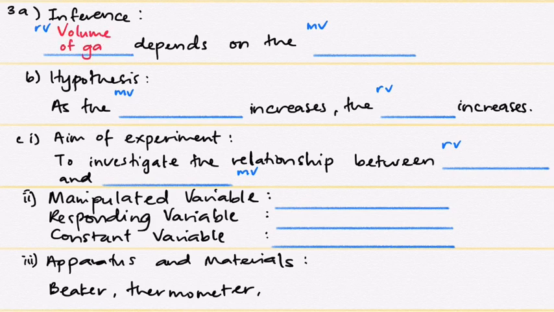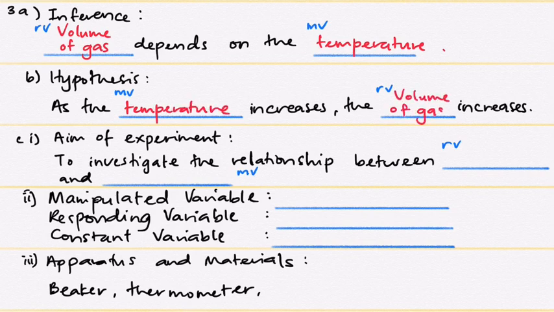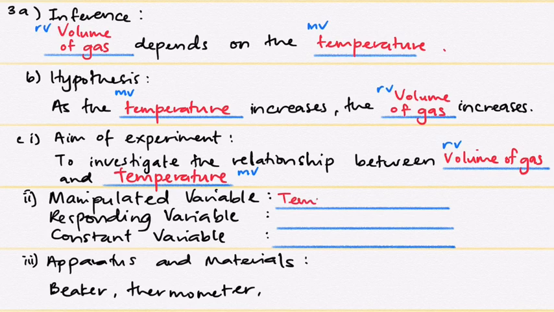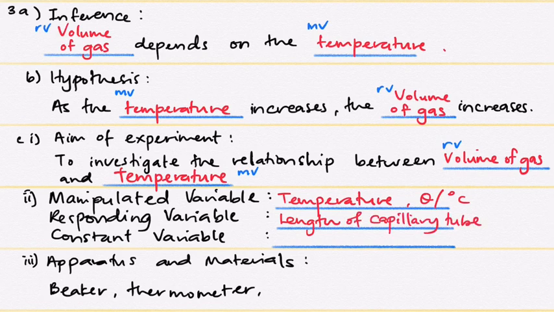The inference, volume of gas depends on the temperature. Hypothesis, as the temperature increases, the volume of gas increases. The aim of the experiment, to investigate the relationship between volume of gas and temperature. For manipulated variable, temperature. You can write down their symbol and their unit respectively. For example, temperature, theta, degrees Celsius. For responding variable, the length of capillary tube, L centimeter, or you can write down the volume of gas, V